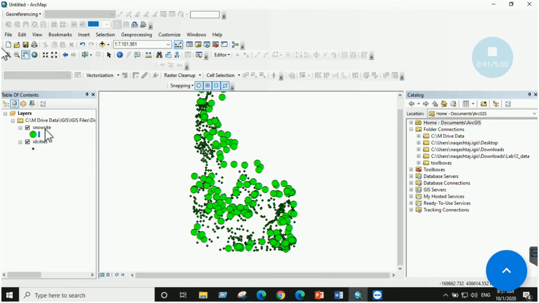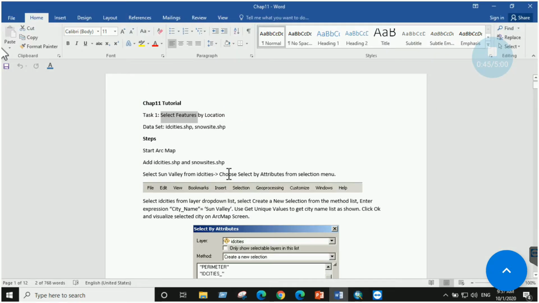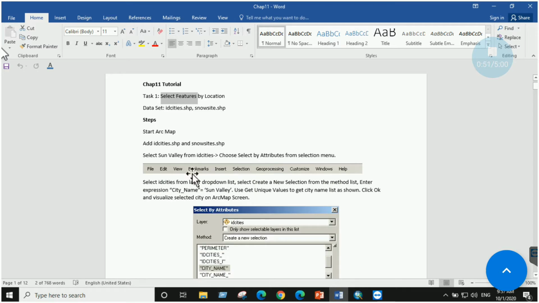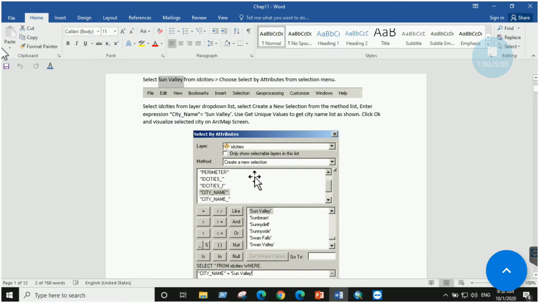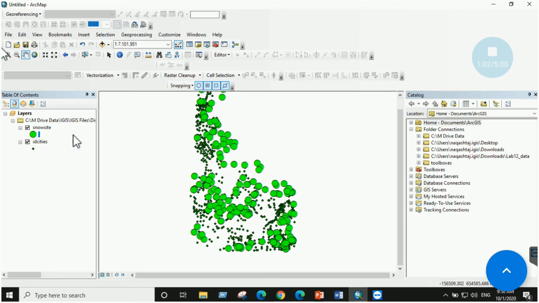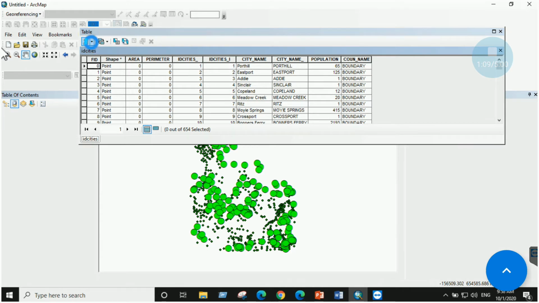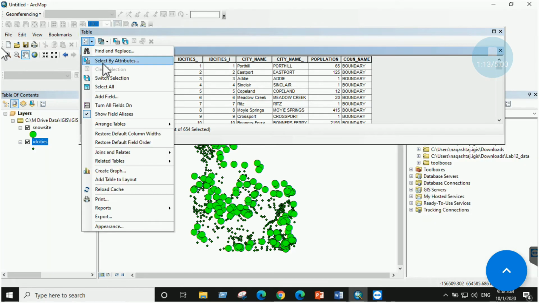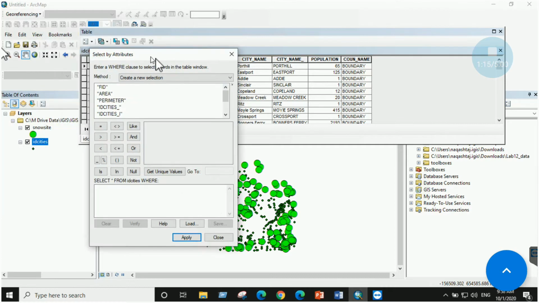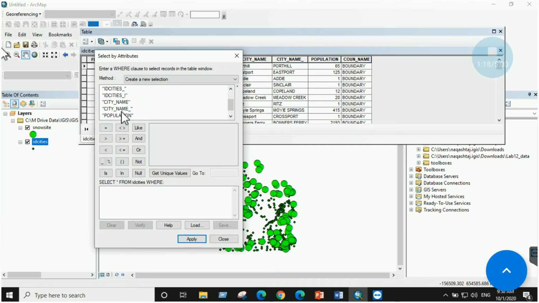Now these are two different shapefiles, right? So let's perform some queries which are mentioned in the tutorial. In this tutorial, first of all, from ID cities we are only interested in Sun Valley, the city named Sun Valley, right? So we have to select by attribute. Now for select by attribute you have two options. First one is to go to the attribute table, and here you can select by attributes. Now in this select by attribute you will type the city name,